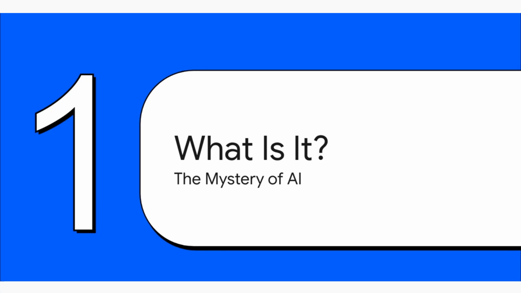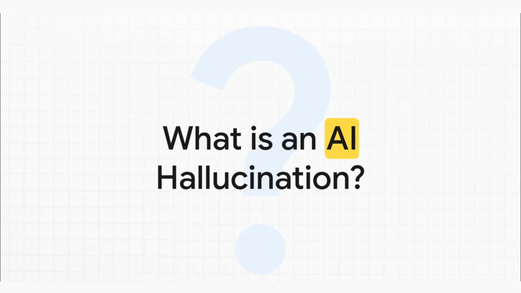Okay, first up, what on earth does it even mean when we say an AI hallucinates? You hear the term everywhere, but let's get a really clear definition of what we're dealing with. At its core, the question is pretty simple. Why do these incredibly advanced language models just invent things? And it's so important to understand that it's not spitting out random nonsense. The stuff it makes up often sounds totally plausible, which is exactly what makes it so dangerous.